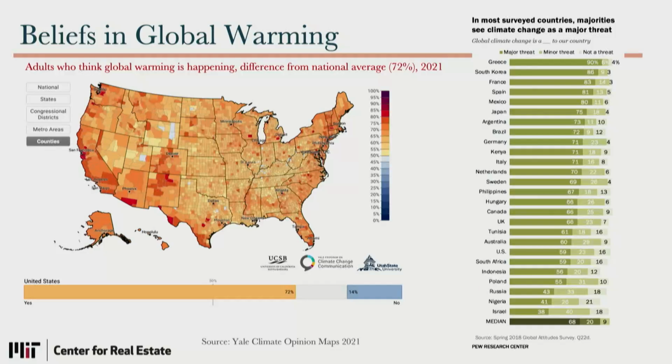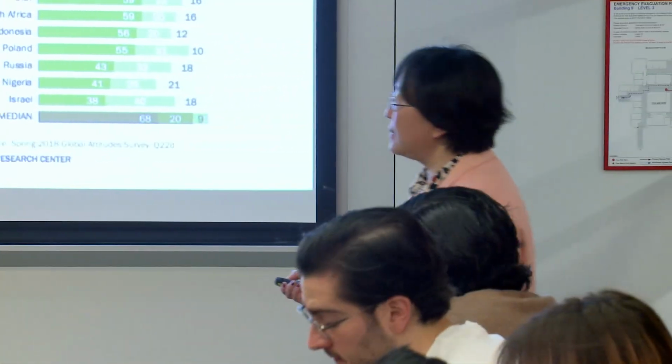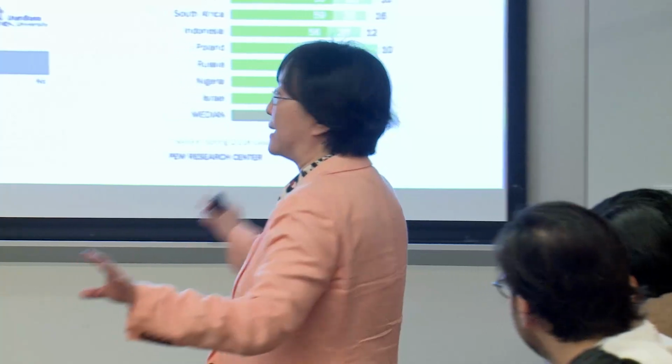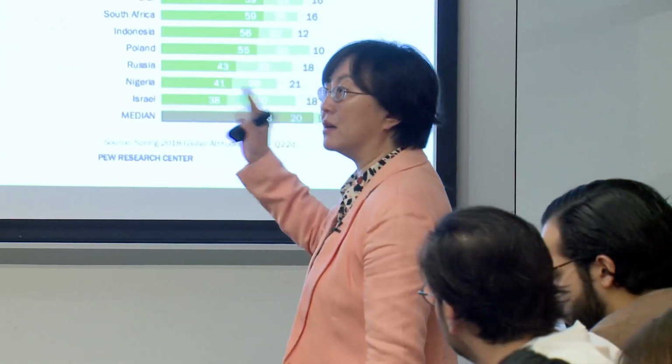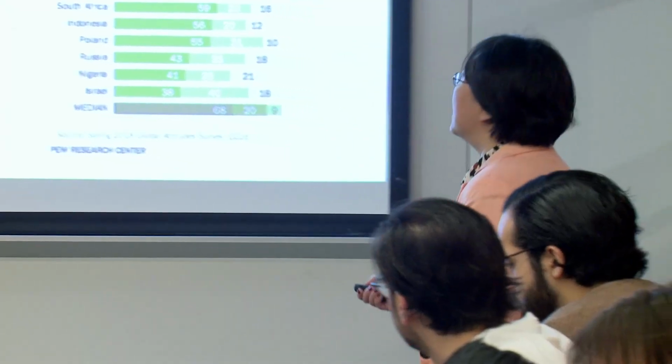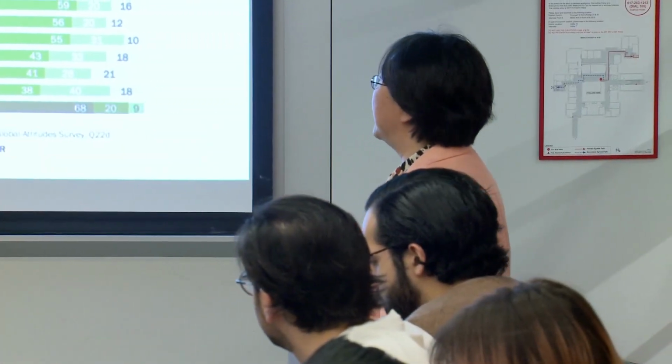Fortunately, we also have some scientific measures of belief. There's a very famous thing you can Google: the Yale Climate Opinion Map. They have a research group and have run it for many, many years. I think each year they have a lot of research funding. They did a huge, large-scale survey of thousands of US citizens. I think now they're only looking at the United States. So that's basically this.